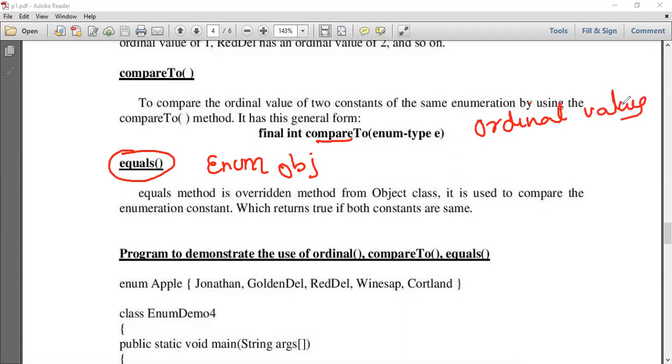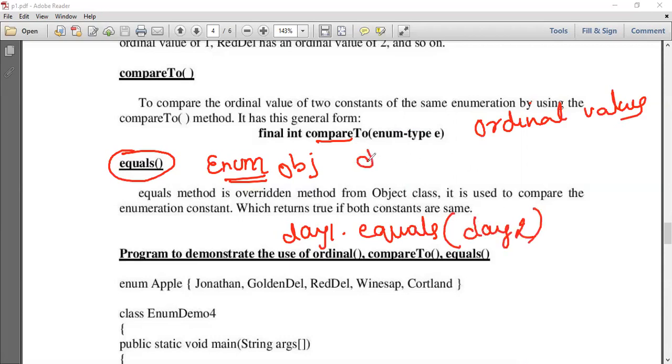So there is a difference. Equals is called the same way: day1.equals(day2), and here it is day1.compareTo(day2). So two methods are there and their working is completely different.